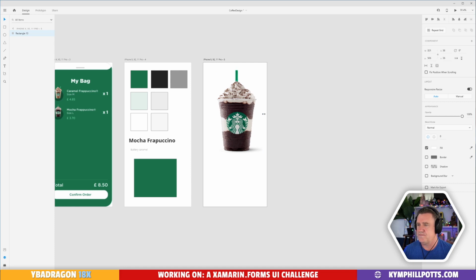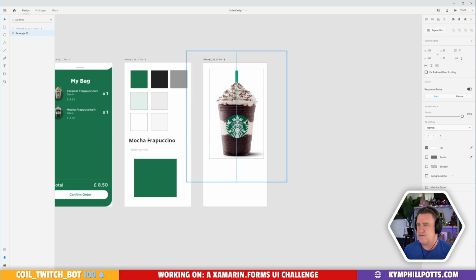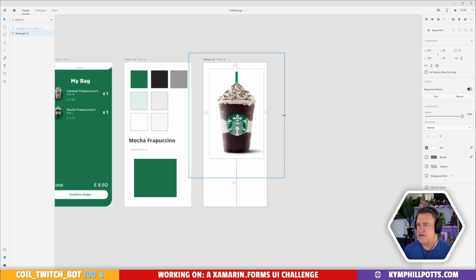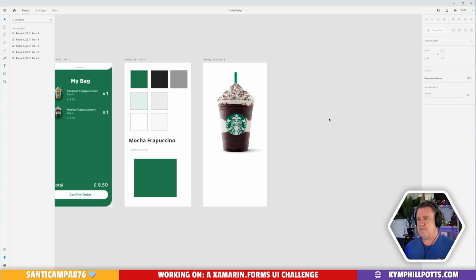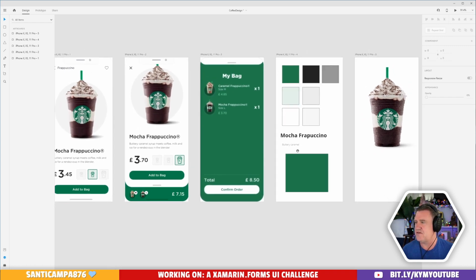And then we'll reposition this. Oh, yeah, something like that will probably do us. Maybe I'll pull it back in to get a little bit more of that shadow. I reckon that's a pretty good frappuccino. And in fact, I'd almost say it's the same frappuccino that they're using.